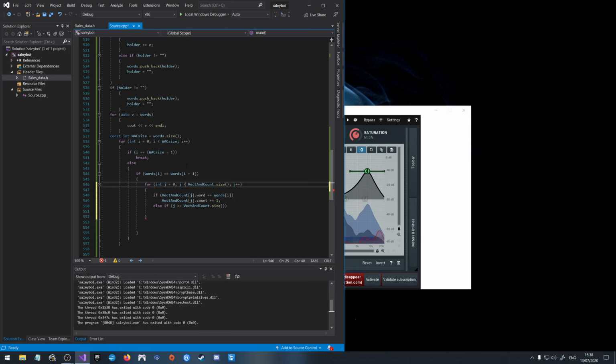So this isn't going to work because j isn't going to... Do they have to be consecutive? Yes, they have to be consecutive. That's what we are checking. If vector count j.word is equal to words i, vector count j.count plus equals 1, else if